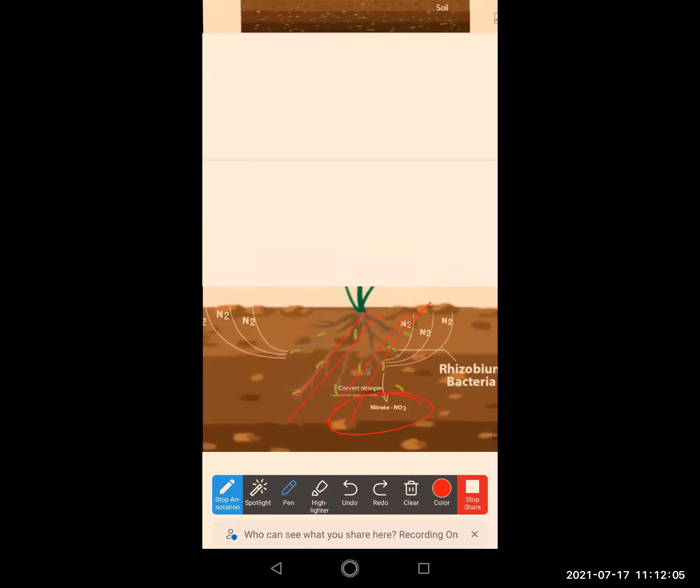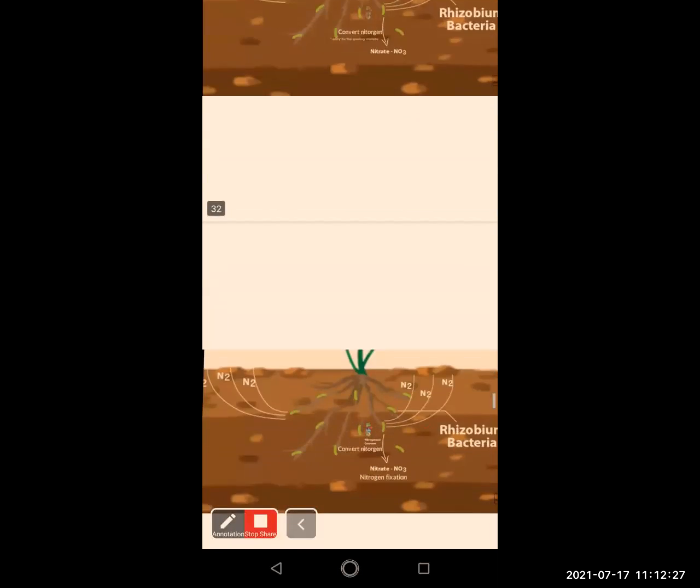Simply N2 is not important. Nitrate means it breaks down into simpler, okay, simpler compounds. Rhizobium bacteria, they break down nitrogen into nitrate, and nitrate is important for the growth of plants. Okay. Now next,